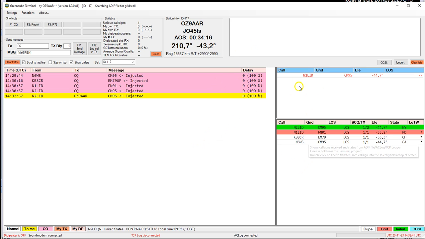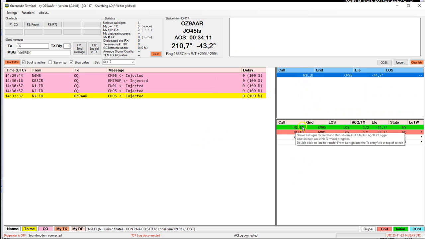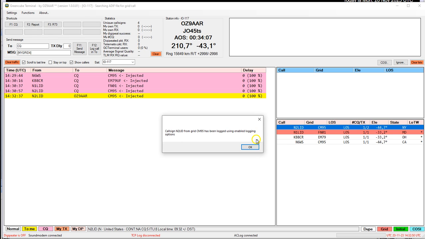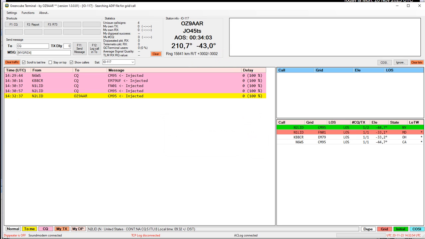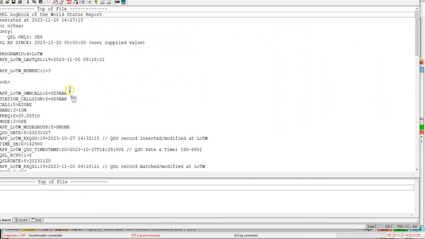That's nice. We can right click here and we can lock him. We can actually also right click down here and lock him. So let's just say we locked him. Okay. Then we go into, let me find the file. Yeah, it's coming here. Now I reopened the